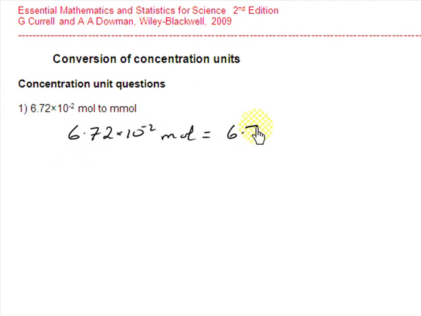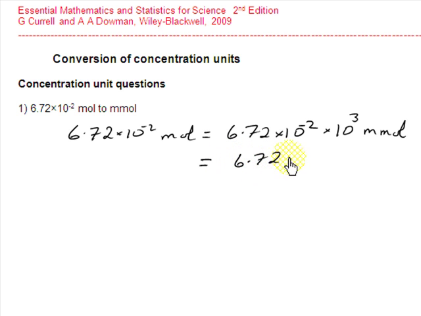With 6.72 times 10 to the -2 moles, we can replace the mole by 1,000 millimole, or 10 to the 3 millimole. So then we just have to add the powers of 10. This will give us 6.72 times 10 to the -2 plus 3 is 10 to the 1 millimole, giving a value of